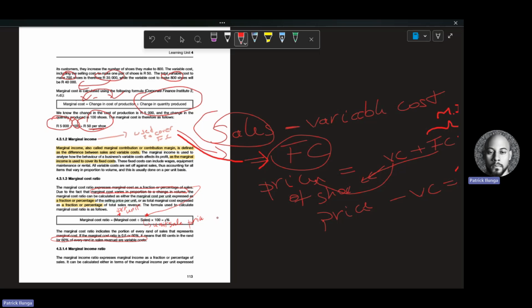If you have questions, please write them down. I understand this is quite a busy time. I hope that you've been doing your assignment tasks. Every time you are covering a learning unit, you should also be attempting the tasks. Please complete all of them, because these are free marks that you've been given, so it wouldn't be wise to lose those marks. Every time you finish a learning unit, just ensure that you are also completing the respective task.